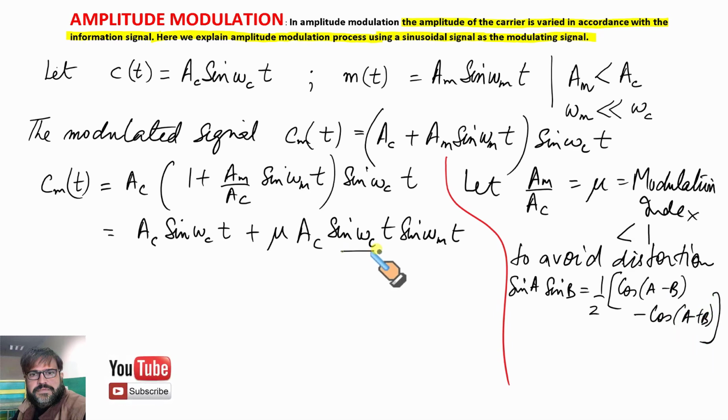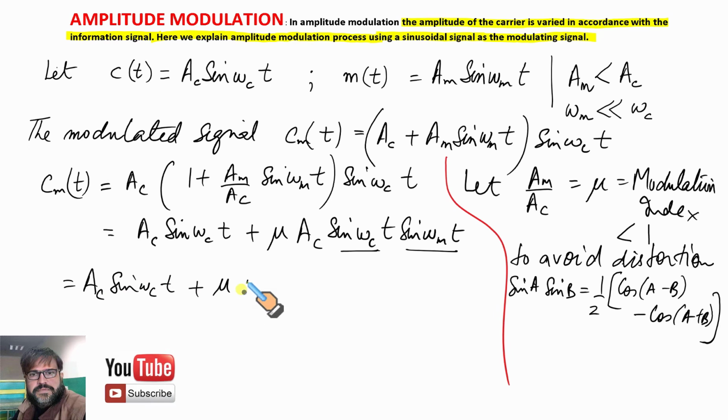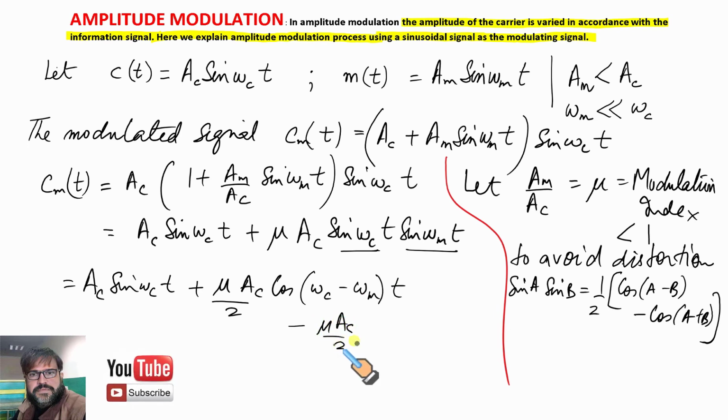So this sin A sin B is written as mu AC by 2 cos(omega C minus omega M)t minus mu AC by 2 cos(omega C plus omega M)t,